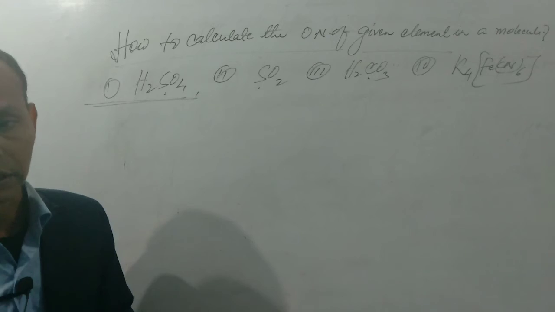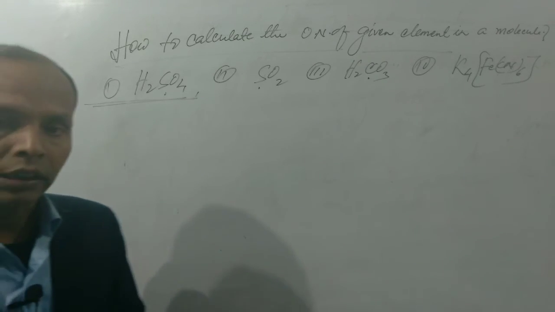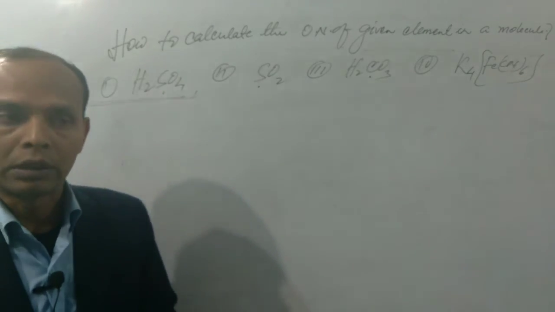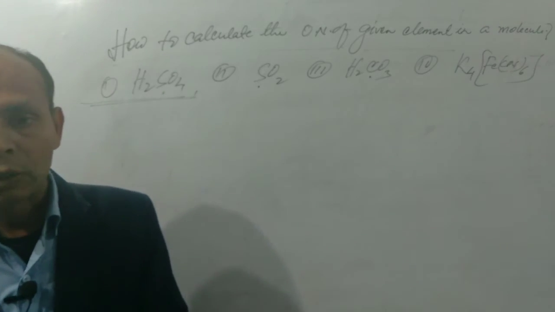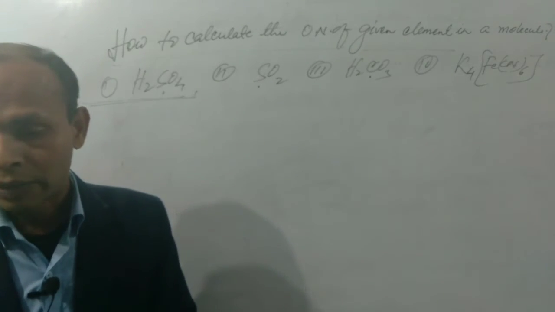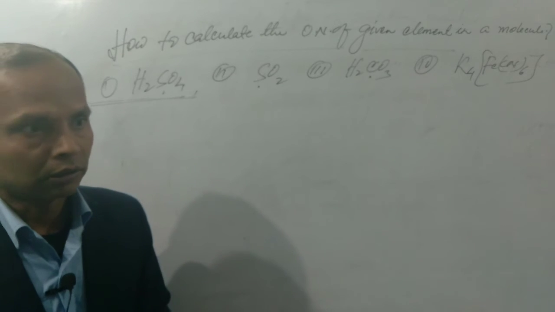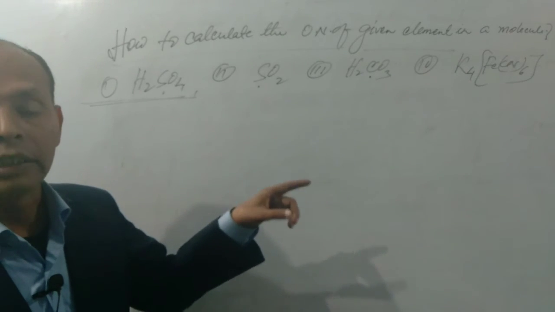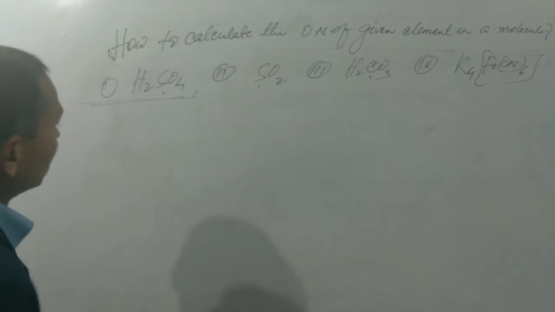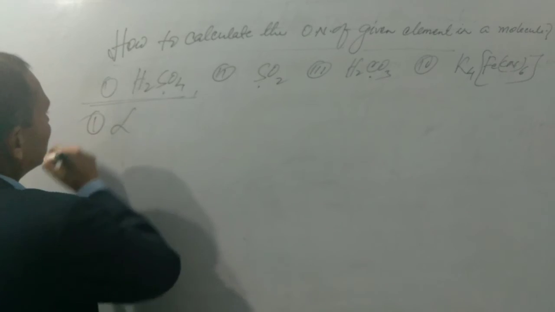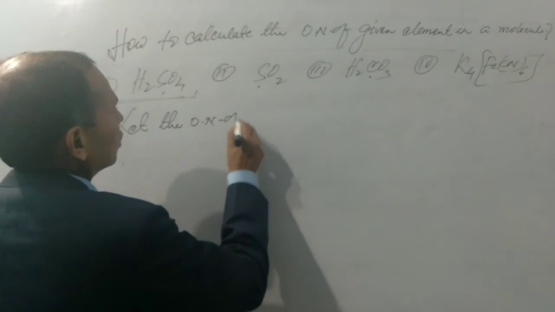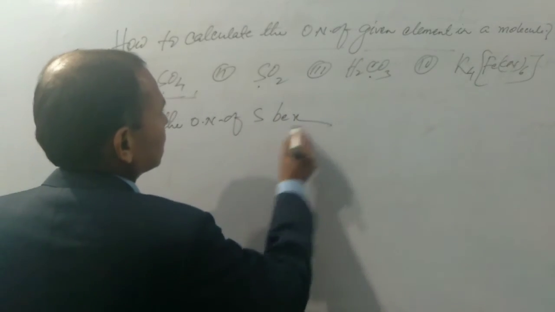The rule which tells us in free state the oxidation state of every element is found to be 0. In combined state, oxidation state of hydrogen is +1. In combined state, the oxidation state of oxygen is -2, and the oxidation number of an ion will be equal to the charge present on it. So, with the help of such rules, the remaining elements will be calculated. In the first compound, let the oxidation number of sulfur be X.